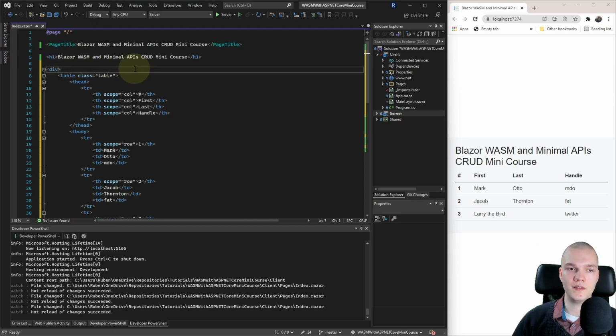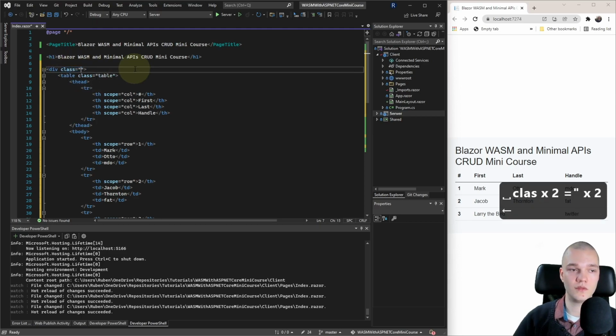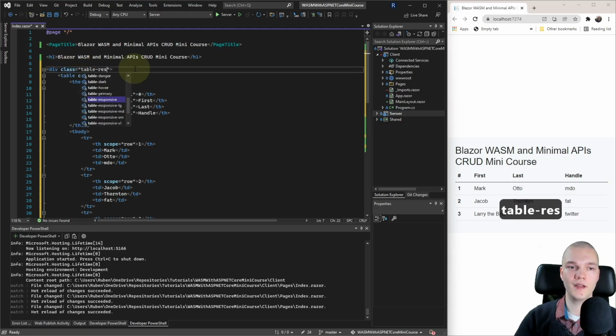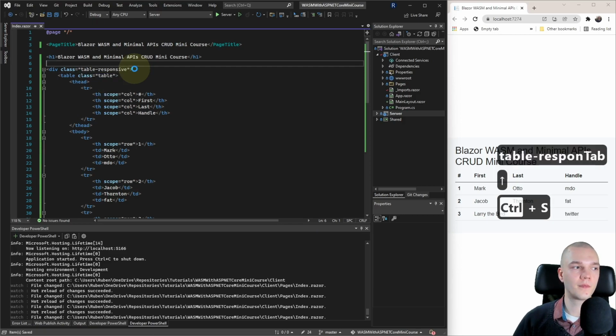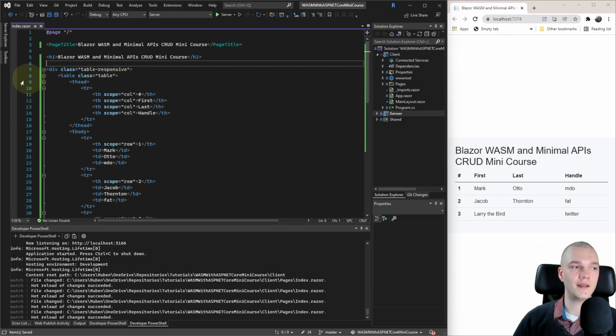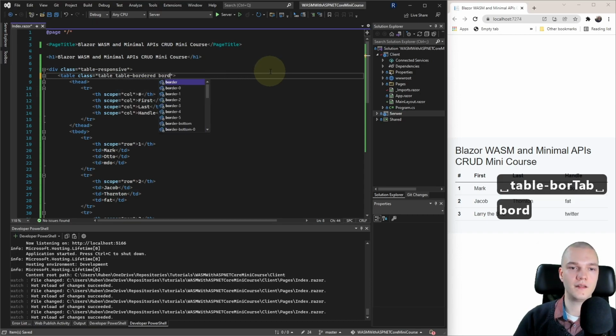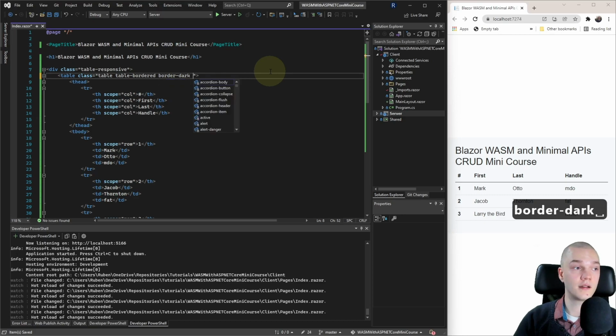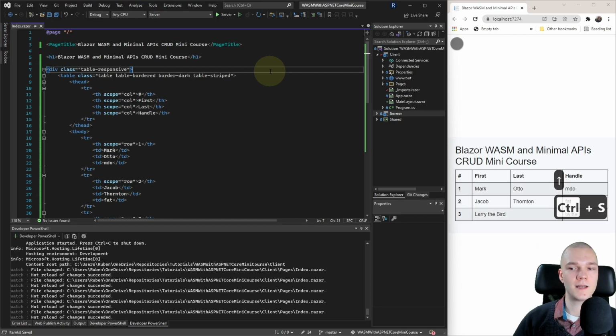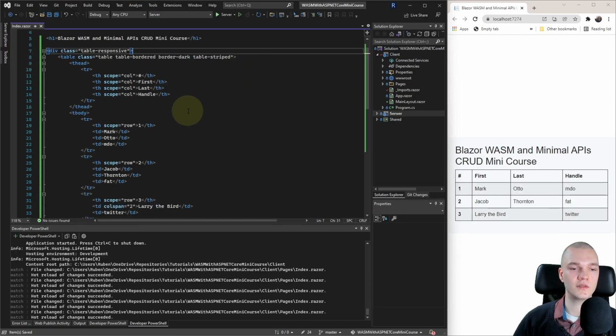So I'm going to give the div a class of table-responsive. Alright, and to the table element I'll also add some classes. So I'll add table-bordered and make the border dark, and I'll do table-striped. Save that. Alright, looks good to me.